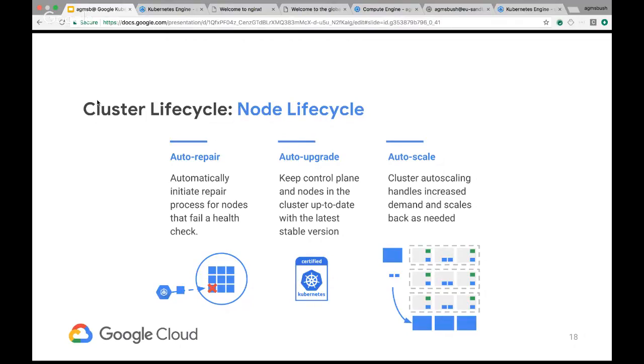So while GKE provides a lot of wonderful things in management of the control plane, I think really some of the things that Kubernetes Engine does special lies at the lifecycle of the actual nodes themselves. And so this is kind of an auto everything type of mentality when managing your actual virtual machines running your containers. So one feature that you can enable in the GKE cluster is called node auto repair.